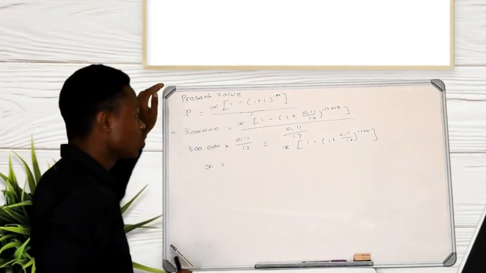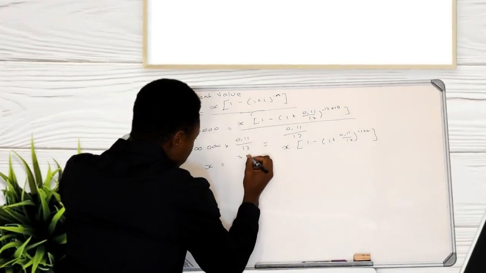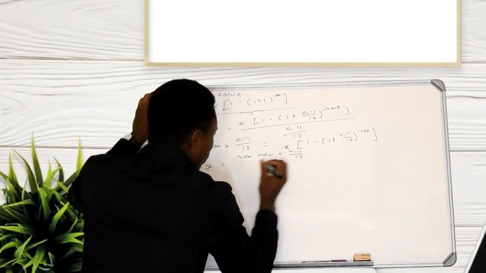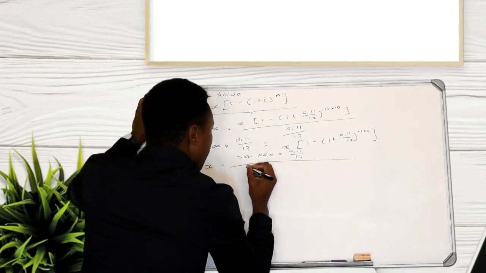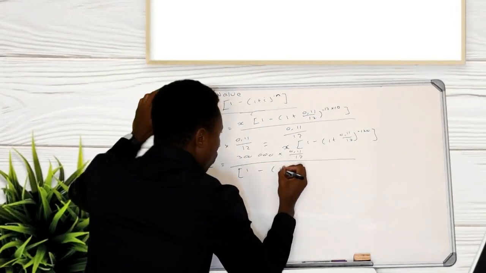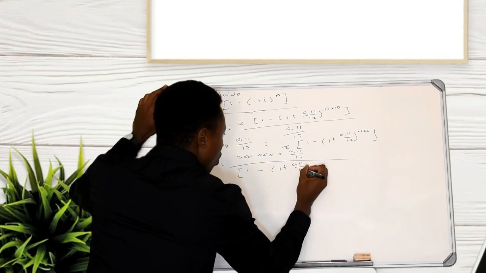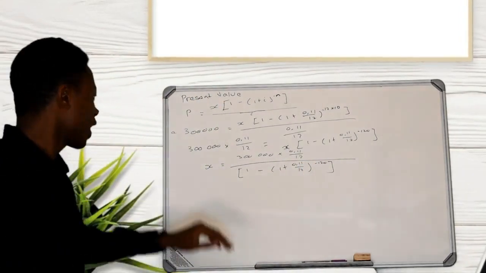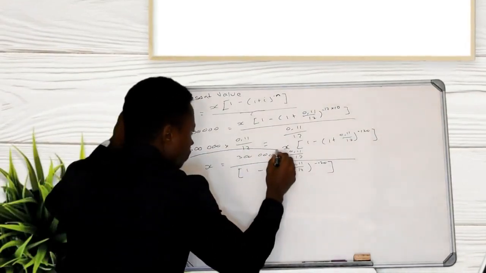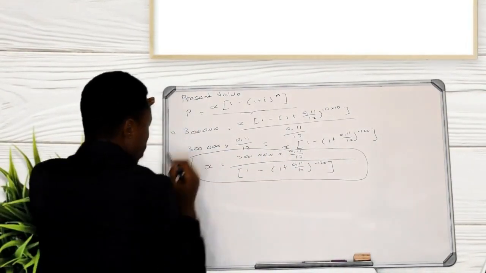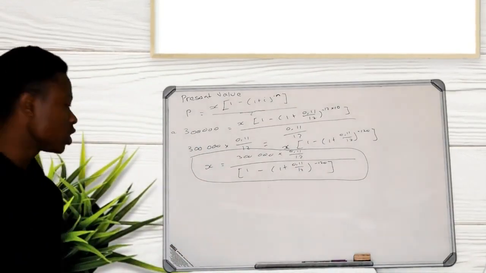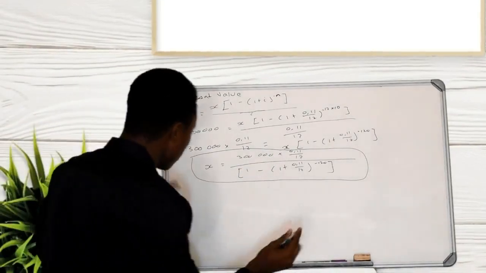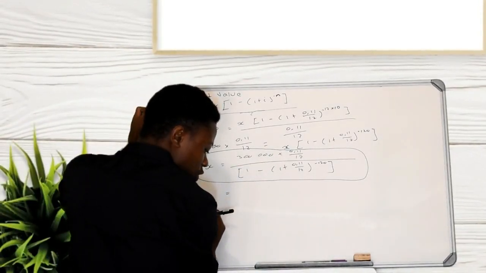So x is equal to 300,000 multiplied by 0.11 over 12 divided by 1 minus 1 plus 0.11 over 12 to the power of negative 120. So what you're putting in your calculator is this whole thing here. That whole thing must go in your calculator so that you see what the answer is. So what will you get out of that? I put it in my calculator. My final answer, which I get, is